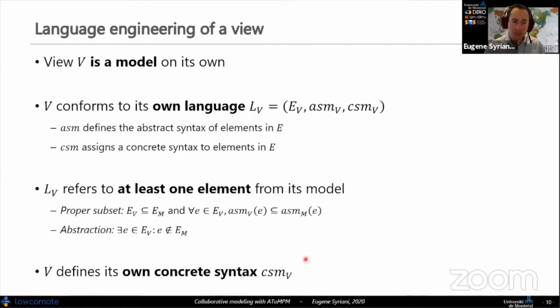So the language of the view basically needs the elements. So what kind of elements will be present in the view, and the mapping of these elements is defined by the abstract syntax mapping from the model to the view, so that we can have a projection of the elements of the underlying model to the view. And similarly, the concrete syntax mapping assigns a proper concrete syntax to the elements of the view here. Okay,